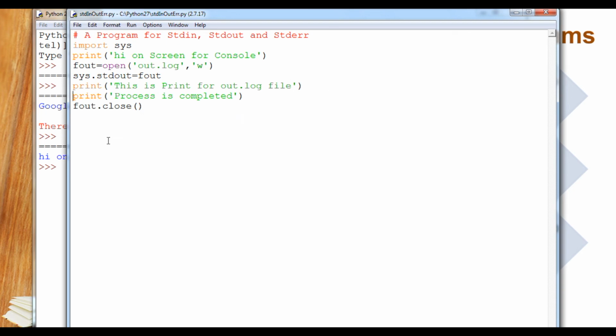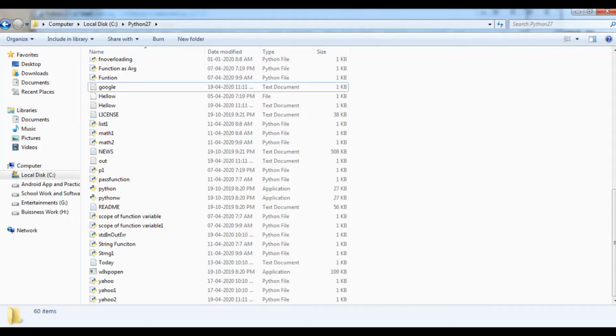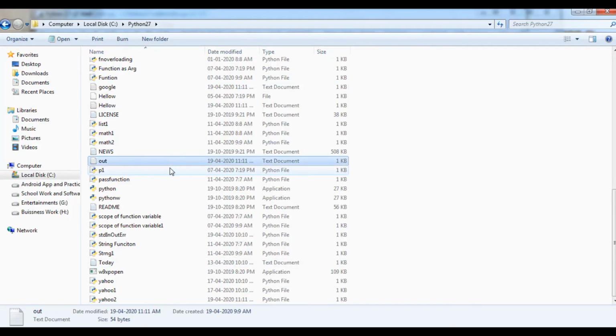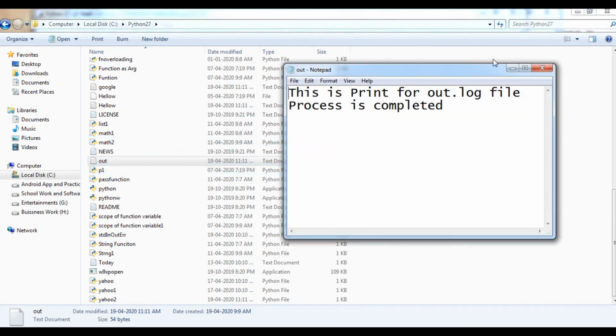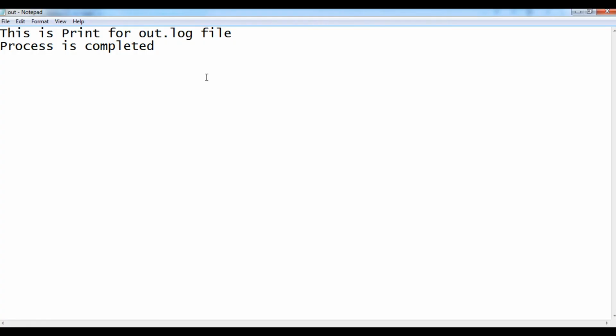So let's see where the file is. This file is under the relative path, because I have not mentioned a path here. Now we go to our folder and the file name, I think out. Now you can see that two lines are mentioned: this is print for log out.log file and process complete.